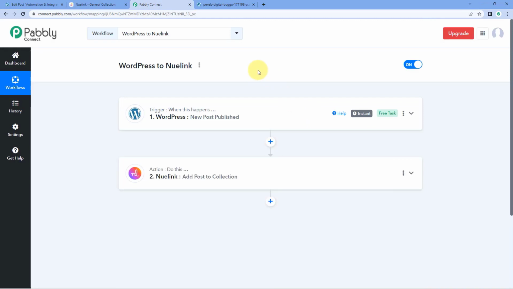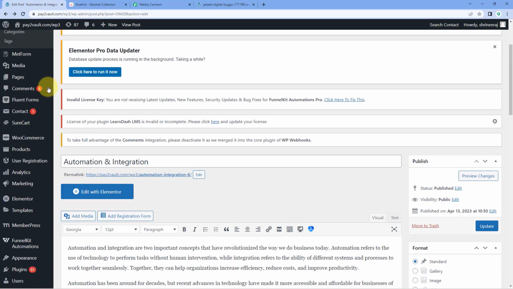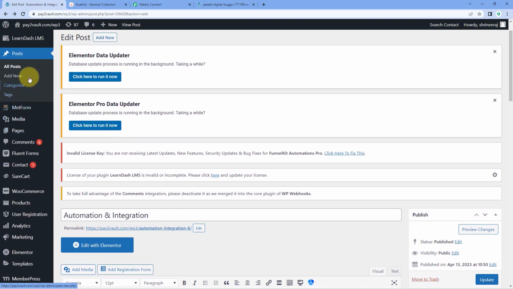And using this automation, whenever a new WordPress post will be published, automatically the image of that post will be added as a collection in our Nuelink account, and the caption will be the title of that WordPress post. Now, after setting up this automation, let's test this automation workflow once in real time. We will go to a WordPress site, and here we are going to create a new post. So we'll just go to the post section, go to add new,